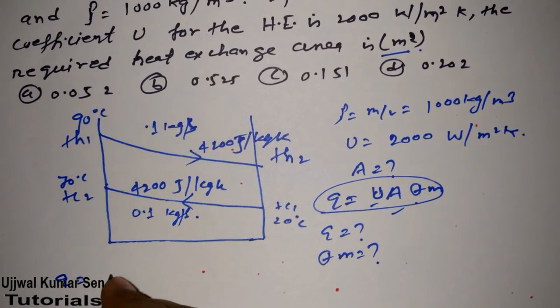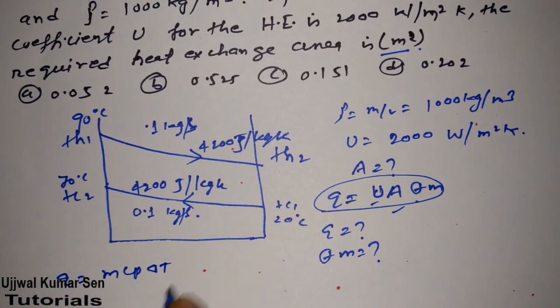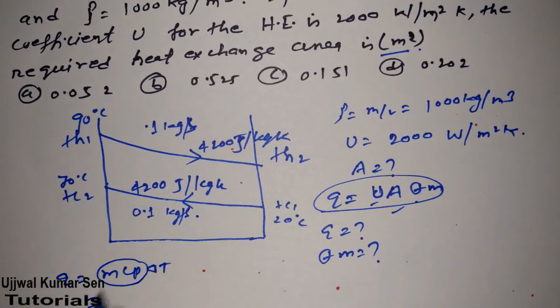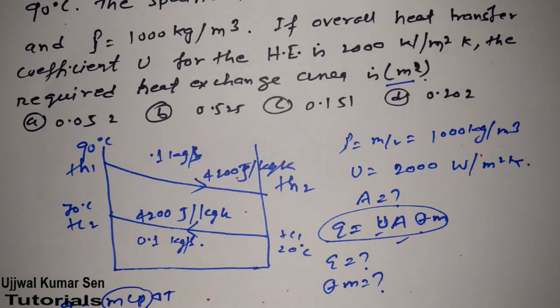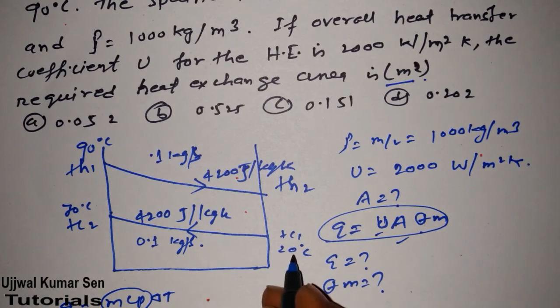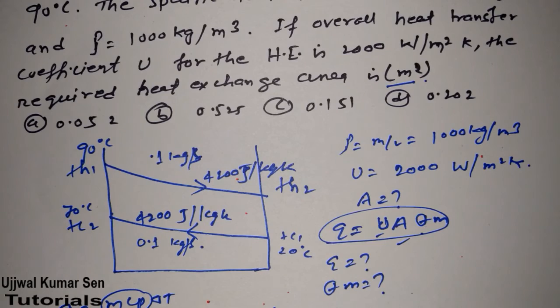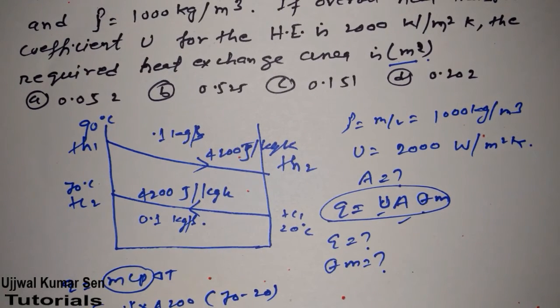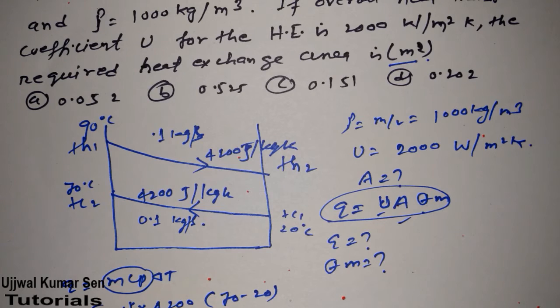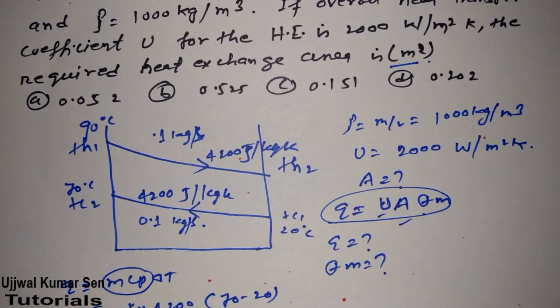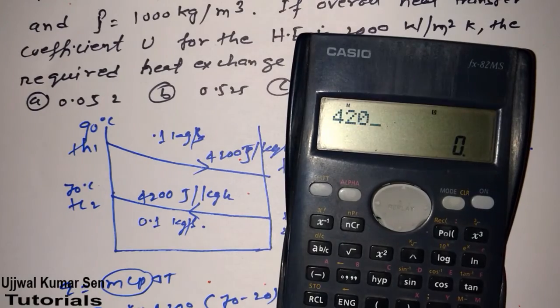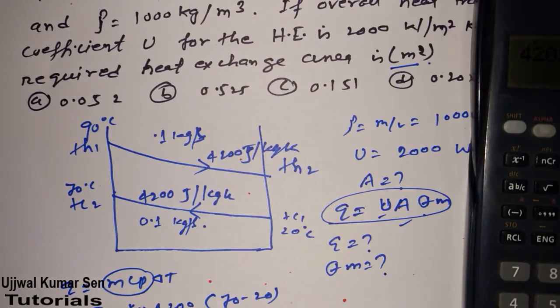So basically what is Q? Q is equal to, we know, m Cp delta T. What is m Cp? The heat capacity: m is 0.1 and here Cp is 4200. Delta T means the change in temperature, so 70 minus 20, how much? 50. So basically we get 420 into 50. So the answer will be what? 420 into 50, so 21,000